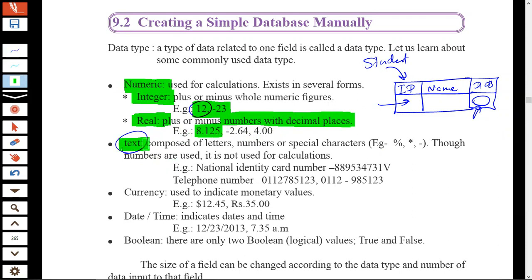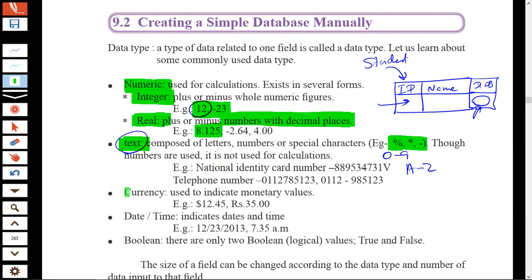And the next one is text data. Text data usually consists of special characters like percentage, asterisk, minus, plus, likewise, or numbers 0 up to 9, and also letters A to Z can be taken as text data.